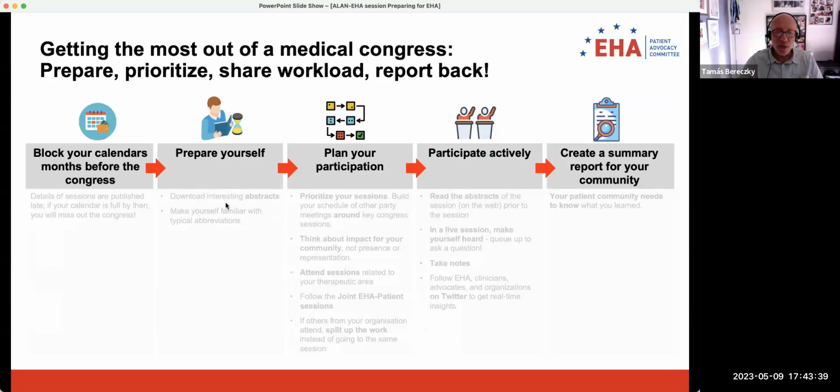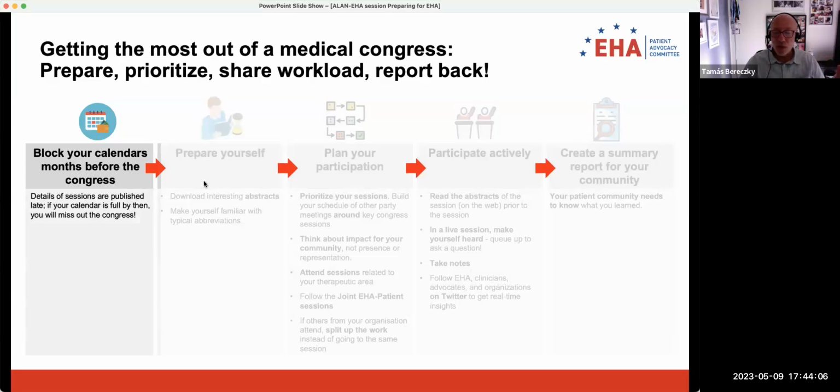How can you get the most out of the Congress? Here we have divided this process into distinct steps, and these slides come from Jan Geisler. I will walk you through these steps in the next minutes. So you should prepare, prioritize, share the workload, that's also very important, and last but not least, you should also